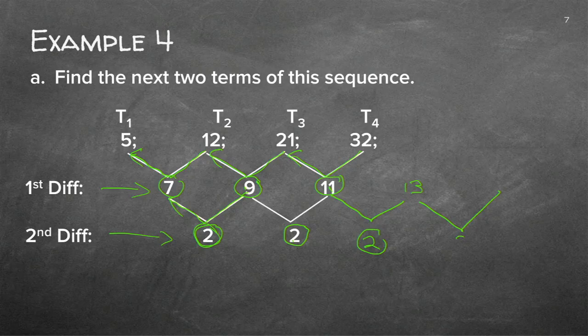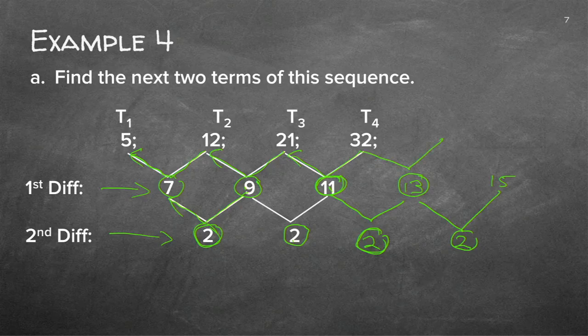So I know this needs to be 2 as well. So what happens every time? They say 11 plus 2 is 13. So now I must say 13 plus 2 is 15. So all I did now, I extended my first differences. But now what is the first difference? It's the difference between term 4 and term 3. Term 3 and term 2. So what am I going to do now? I'm going to do that.